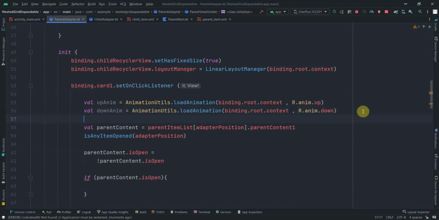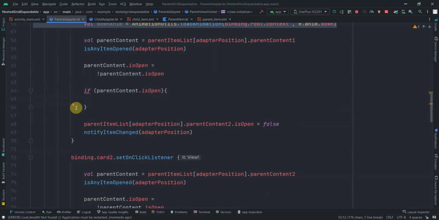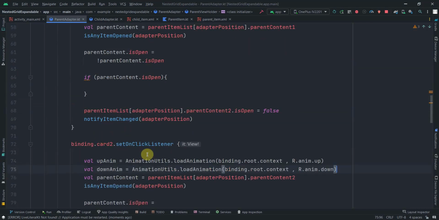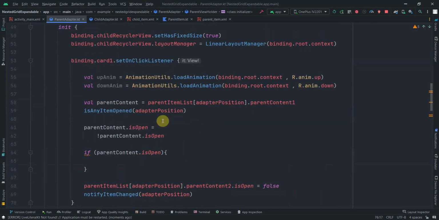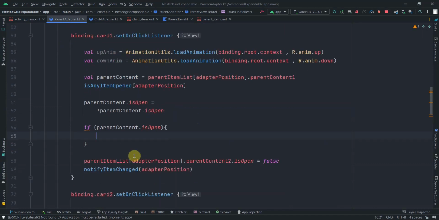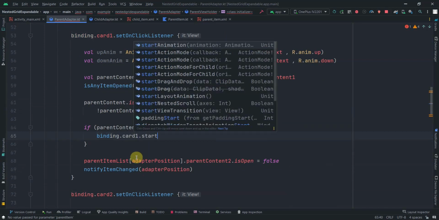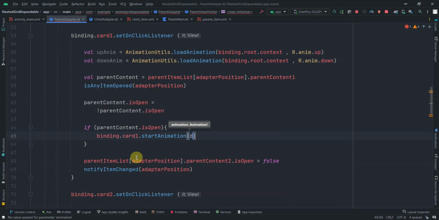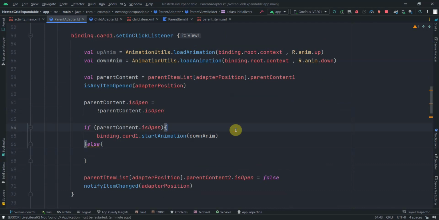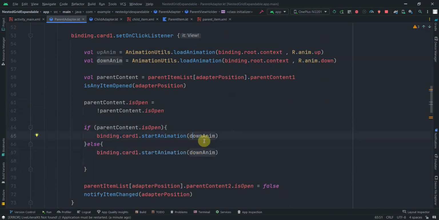Okay, I'll just copy these 2 lines and paste them in the card 2 listener as well. And over here, if it is open, I'll write binding dot card 1 dot start animation, and we'll pass down animation, else we'll pass up animation. So if it is not expanded, we'll move it down, and if it is expanded, we'll move it to the upside. Right,